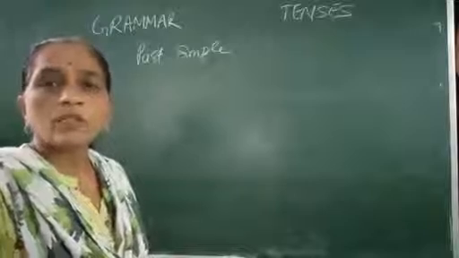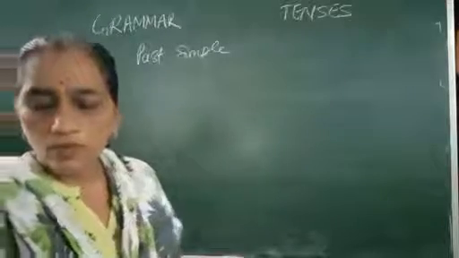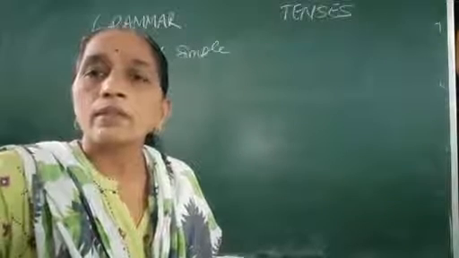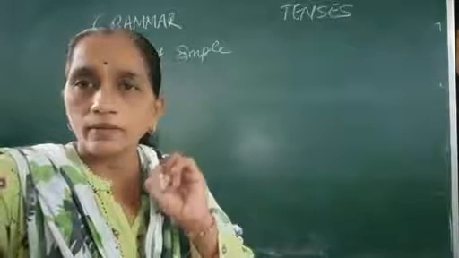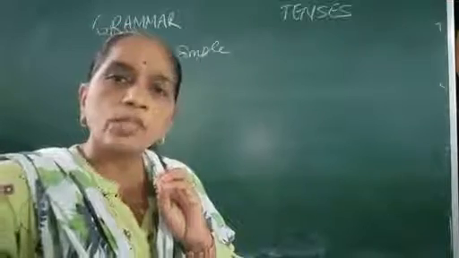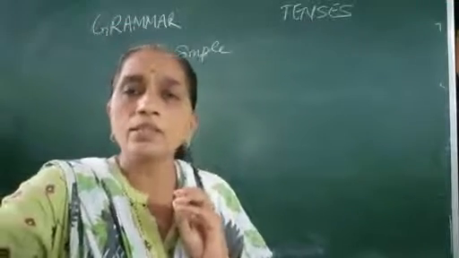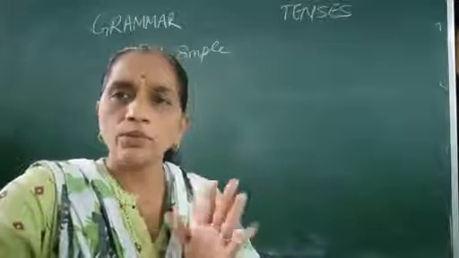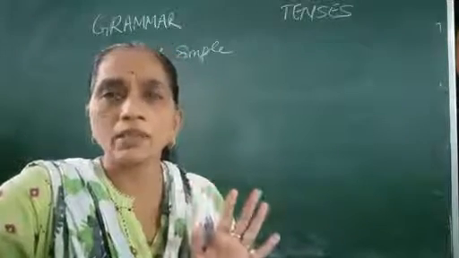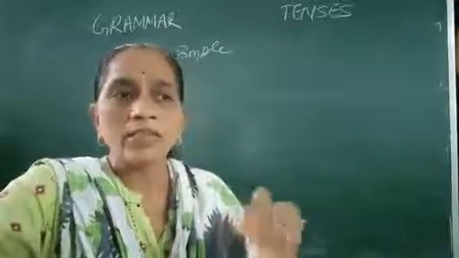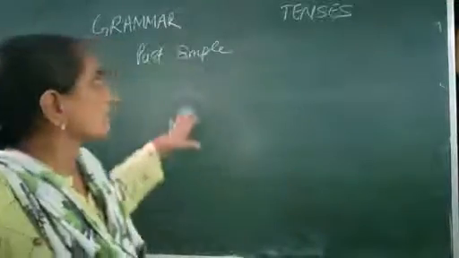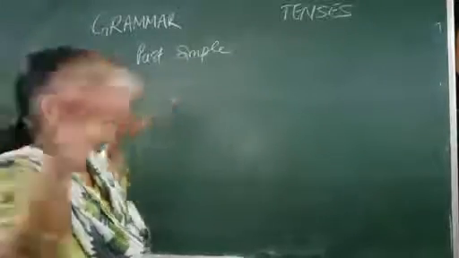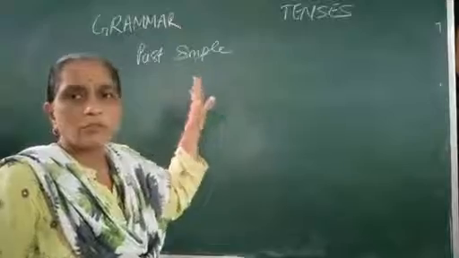Okay, so this is the time to describe the actions that took place in the past time. जो एक्शन पास्ट में हुए हो उनको डिस्क्राइब करने के लिए ये यूज़ करता है. Just think the action started and completed at some time in the past. Fine. The action started and completed at a certain point of the time in past.